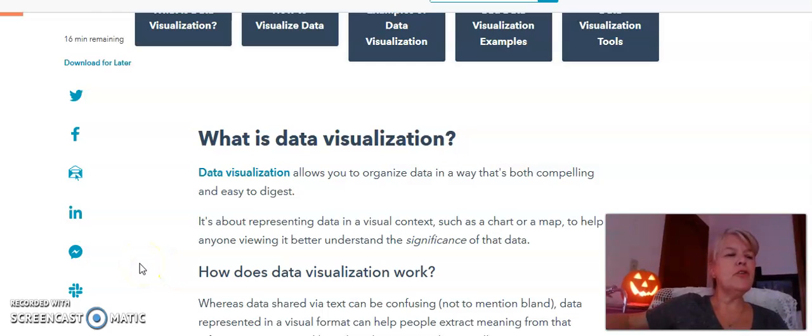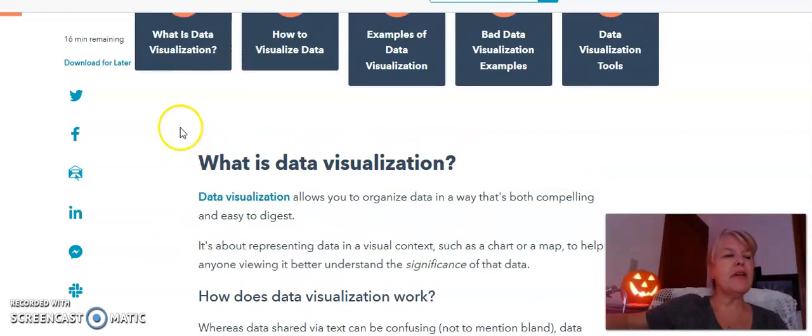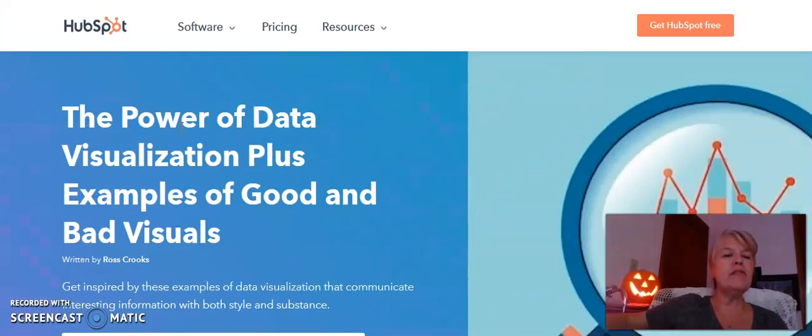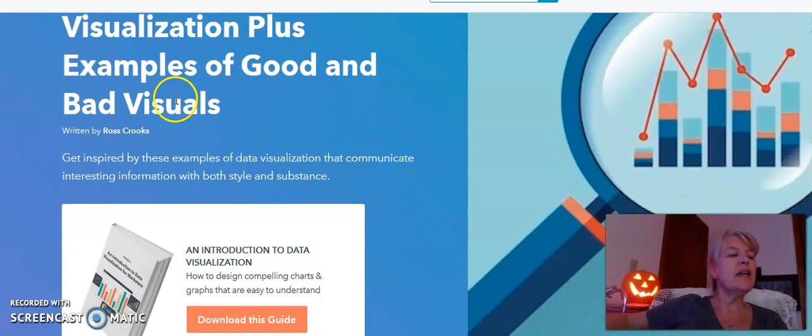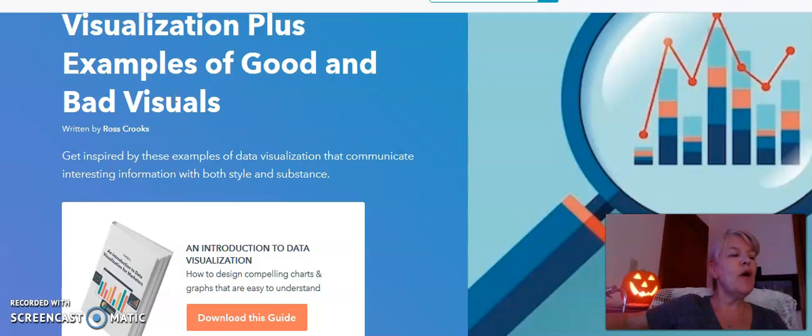The website article I have chosen, which pertains directly to my teaching math in an online setting, is on the screen: The Power of Data Visualization Plus Examples of Good and Bad Visuals by Ross Crooks. It could also pertain directly to my job and career. The article, which I reference on the screen, discusses how data can communicate in a visually appealing way so learners